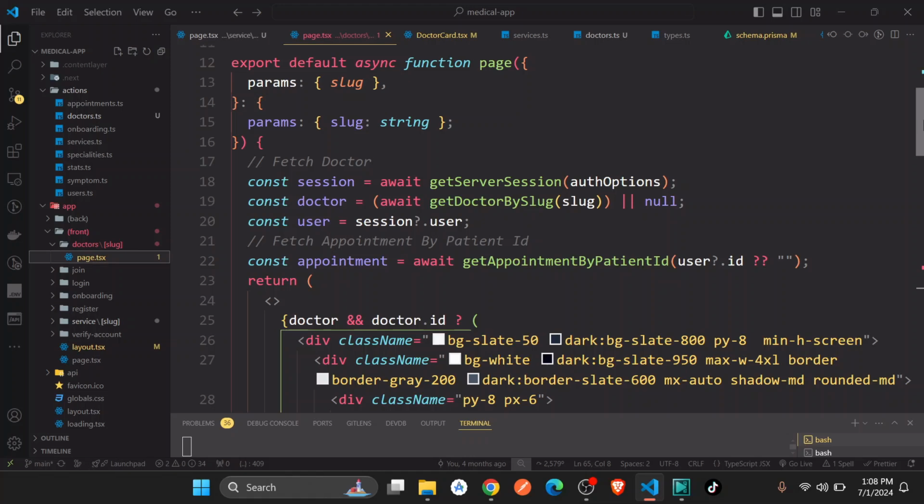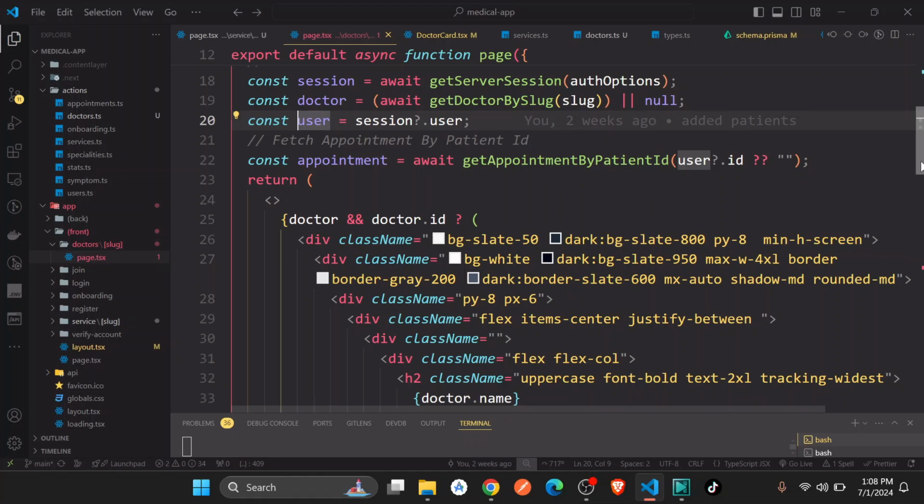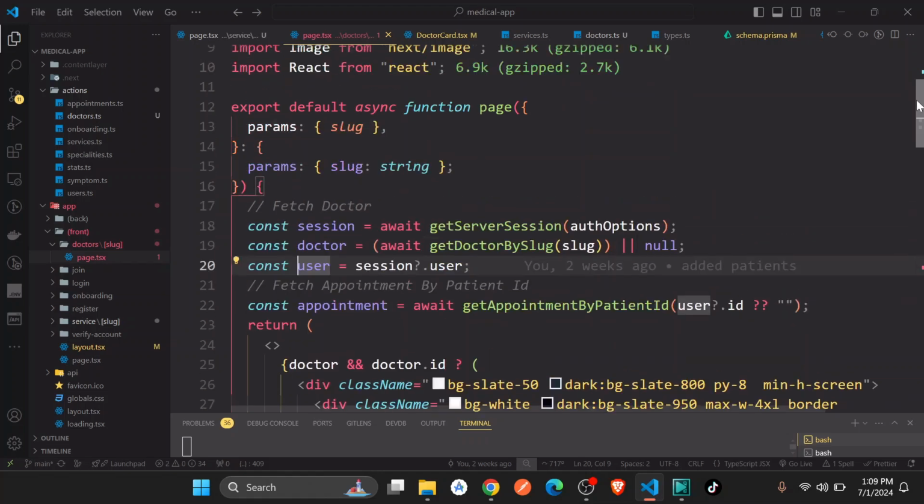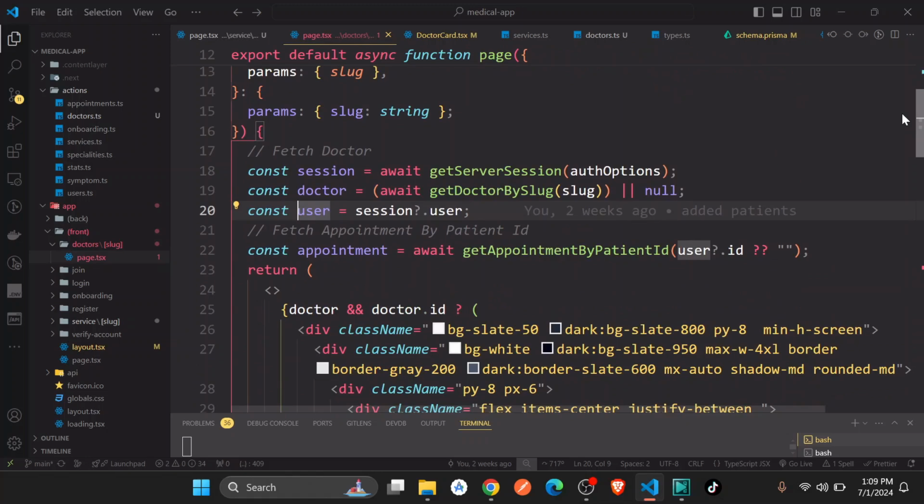The first thing you see, we get doctor by slug, and then after getting the doctor, is this. Then we get appointment by using this. So the most important thing is getting the doctor by slug. Okay. So alternatively,